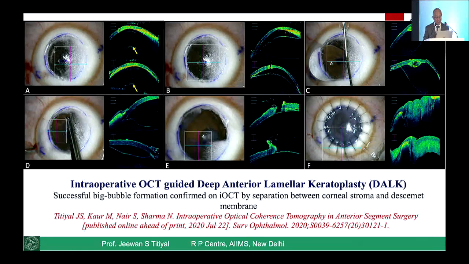This is one of my recordings of DALK precision done. The partial thickness layer has been taken away, subsequent injection of bubble. This is a deep, the Descemet complex going backwards towards the iris. And after you do a stab, the bubble comes, the membrane comes towards the stroma, and you fill with the viscoelastic, it goes down again. This is after dissection. So you can have beautiful orientation of surgery during the procedure.